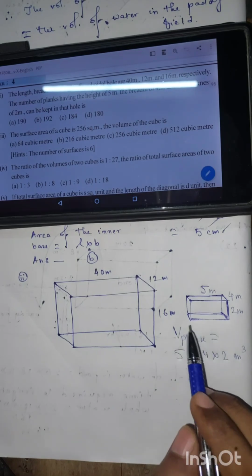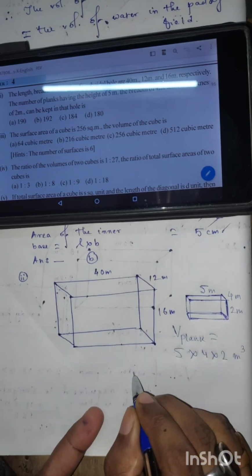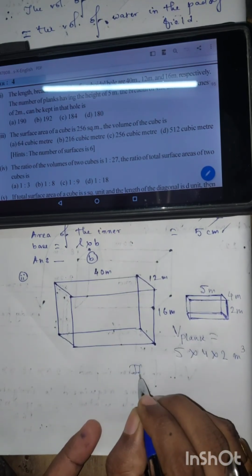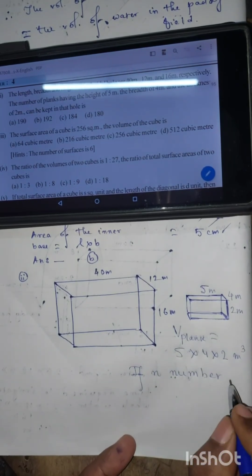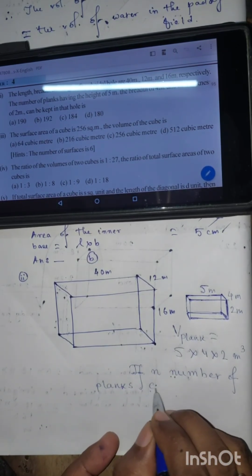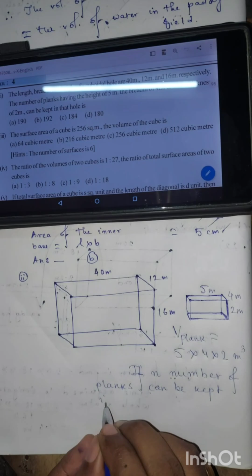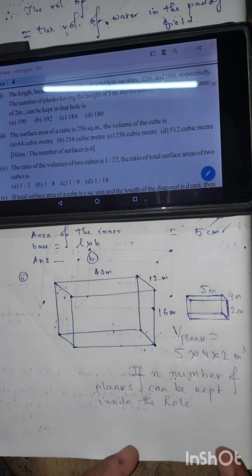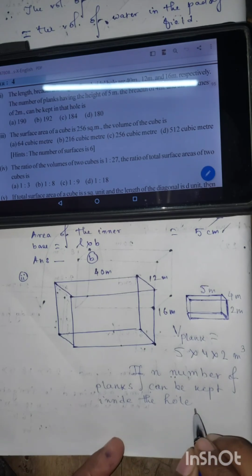Now let us assume n number of planks can be accommodated in this hole. Therefore, then